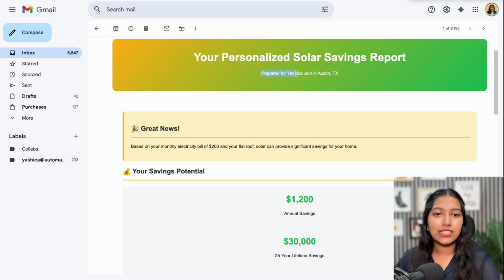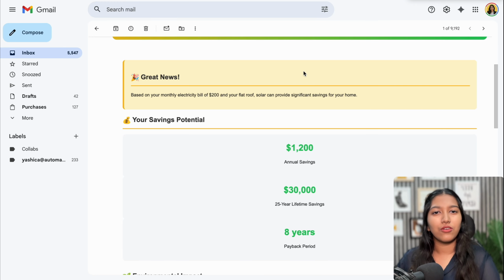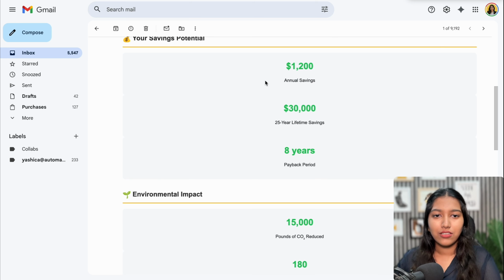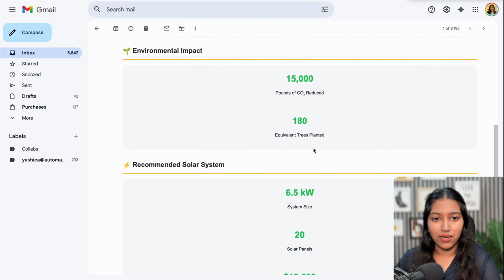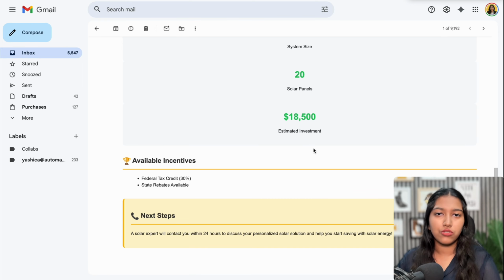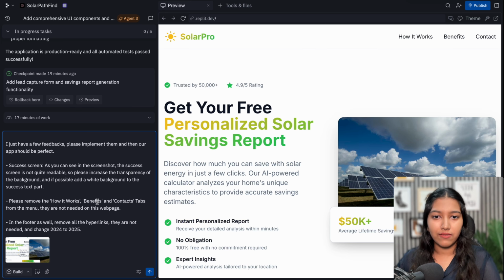Now, I know it has skipped the Google Docs part where I had told it to create a PDF and then attach it in the email. But I'm fine with it because this looks even better as compared to a PDF because some people might not download a file which comes through an email, or let's say it lands in the spam folder. So I think this approach is way better. So we can skip that Google Docs part. But yes, you can obviously make changes to how the email looks by telling it inside the prompt. But I will leave it for now.